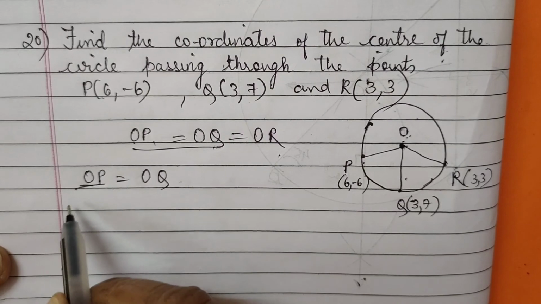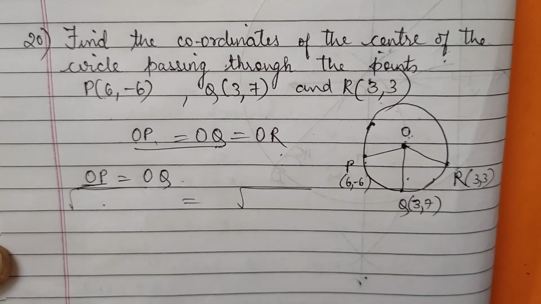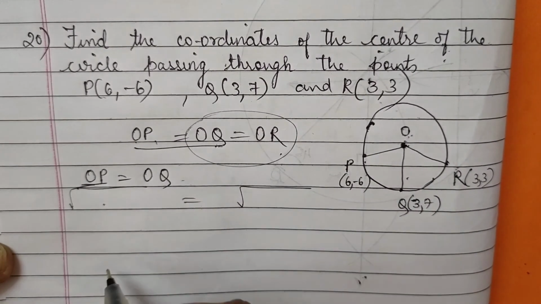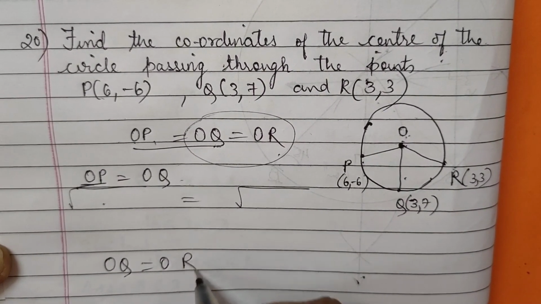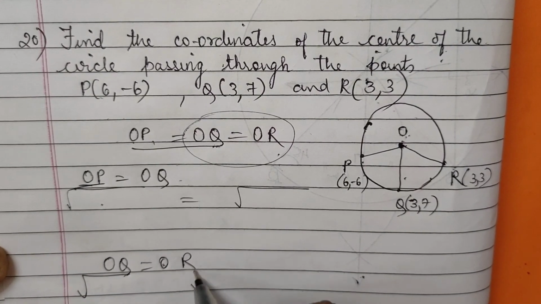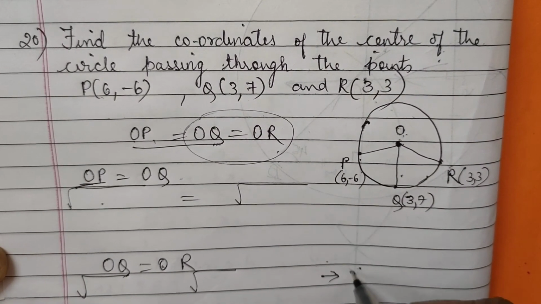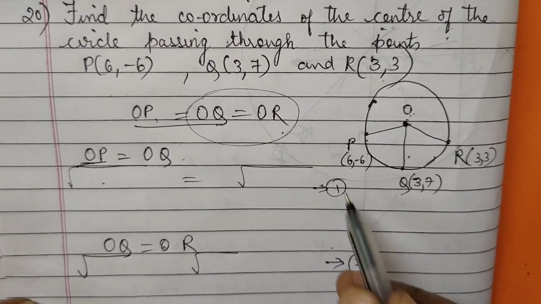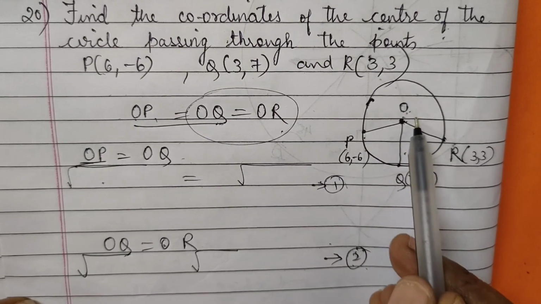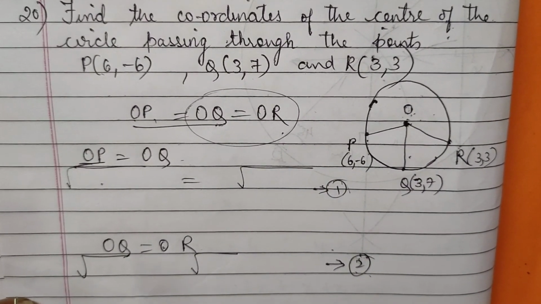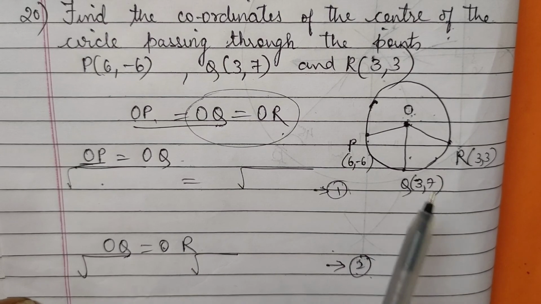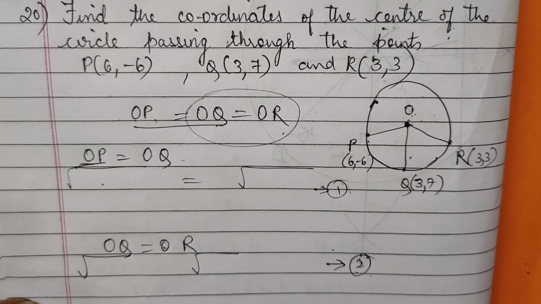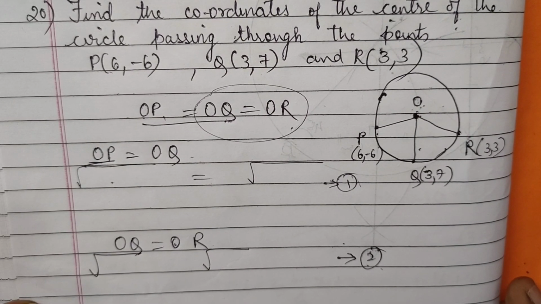First we will take OP equal to OQ, by the distance formula. Here also one distance formula, and here also one distance formula. Then you will get one equation. Then you go for OQ equal to OR. Then again you will use the distance formula for these two. Then we will have another equation, the second equation. So here you will have the first equation, here you will have the second equation. Using these you can find the coordinates of O, that is x and y here. I repeat, you can refer to the 7th question because the 7th question is also solved in a similar manner. You can solve it. If any doubt, you can ask me personally.